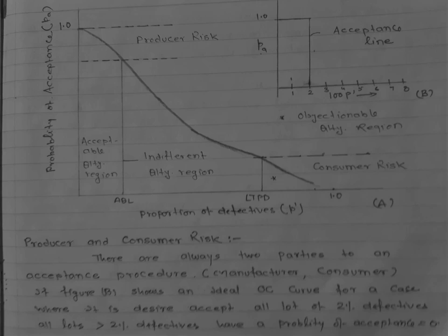The producer can decrease his risk by producing product at a better quality level than the specified AQL, depending on other economical considerations. We take one example, saying a producer risk is equal to 0.05. It means that in the long run about one lot in 20 will be rejected, provided that lots are coming from a process control at the AQL quality level, the acceptable quality level region.